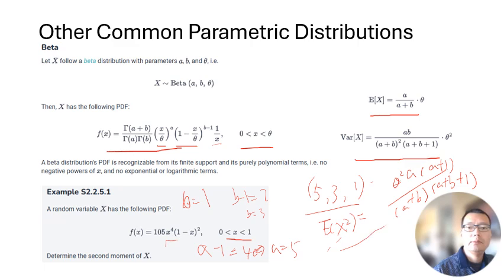So this is the formula for E[X squared]. You can also find it in the spreadsheets, the formula sheets